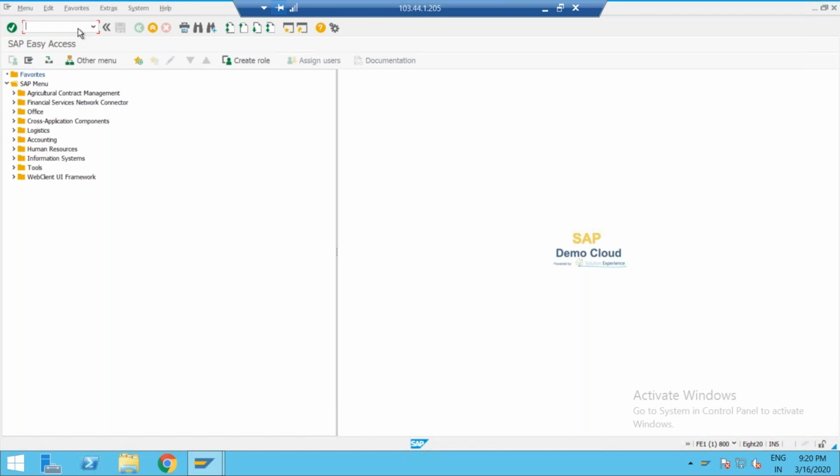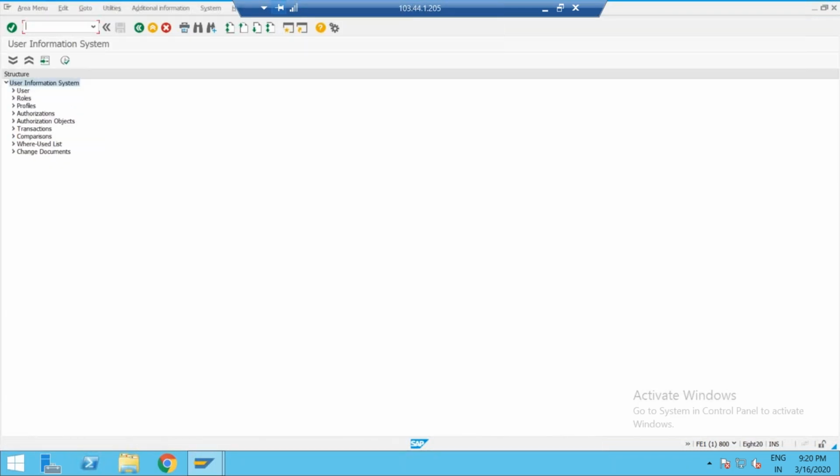Now go for SUIM here. Now it's showing the user. See here.